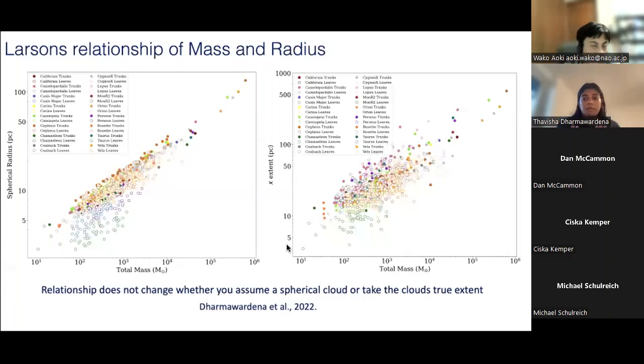Yeah, so with all this data that we had, we wanted to compare it to Larson's relationship, because it was a simple calculation for us to do. We had our total masses, we had our radii, so we just wanted to see what happens to Larson's relationship if we take these true 3D sizes into account. On the left-hand panel, we have total mass versus spherical radius. The way we derive the spherical radius here is we take the